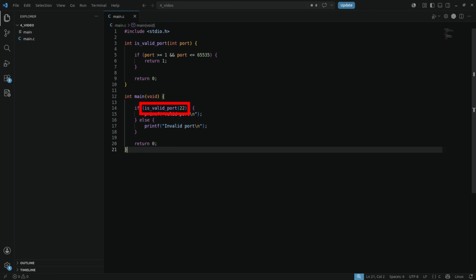Now look at this call. Here 22 is the argument. So the value 22 goes into port, and the function checks whether it's in the valid range. Now, passing data into a function is only half of the story, and sometimes we also